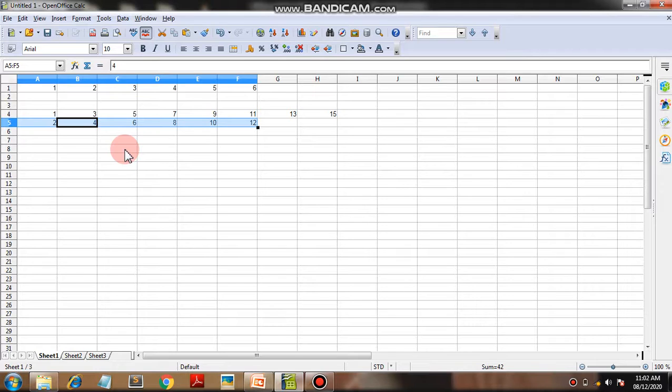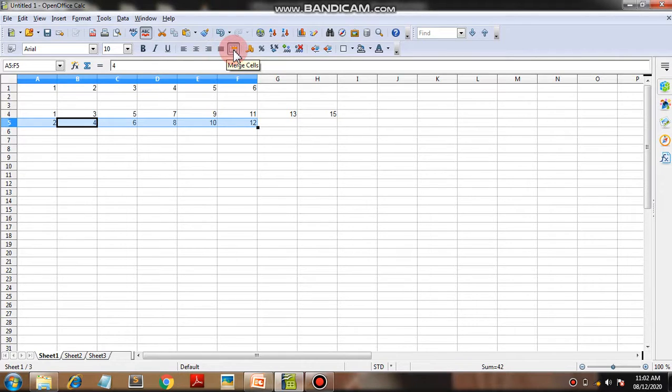So there is a work of autofill tool option. Now, formatting cells. See, there is a formatting toolbar. This line indicates the formatting toolbar. Let's see. First is style and formatting. Second is used for font name. Third is for font size. Bold option, italic, underline. There is a justification like align left, align center, align right, or justified.